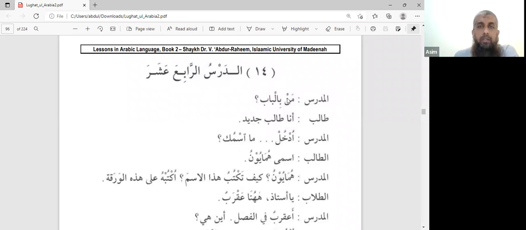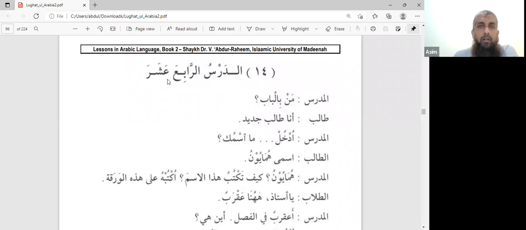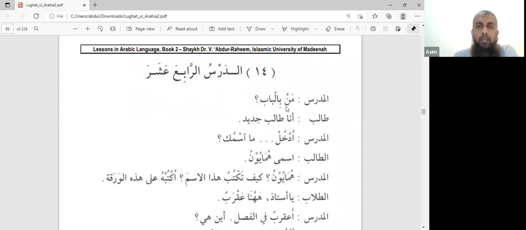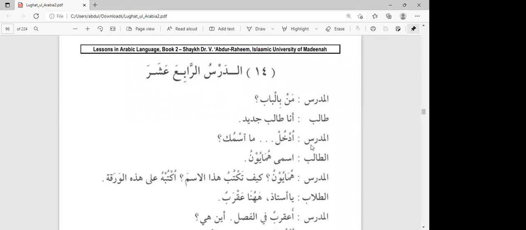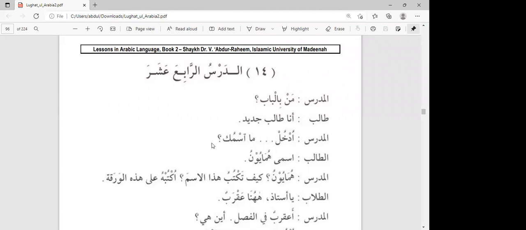الدرس الرابع عشر. المدرس: من بالباب؟ طالب: أنا طالب جديد. المدرس: ادخل. ما اسمك؟